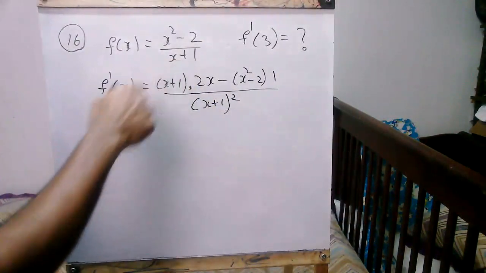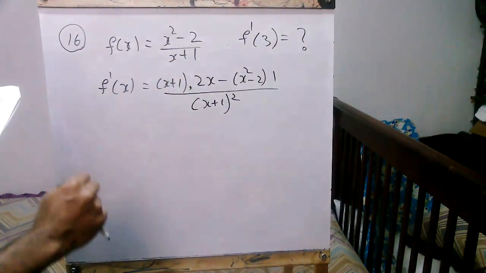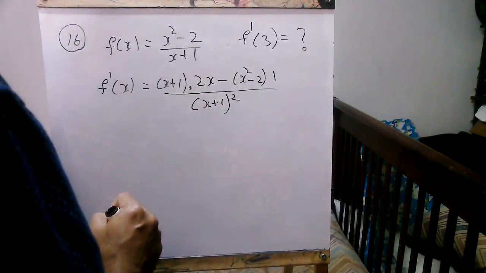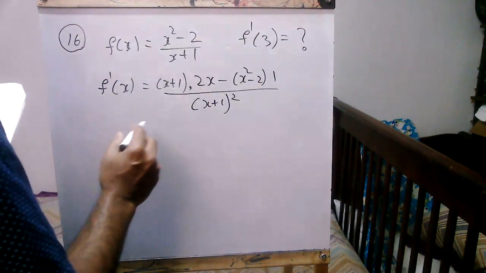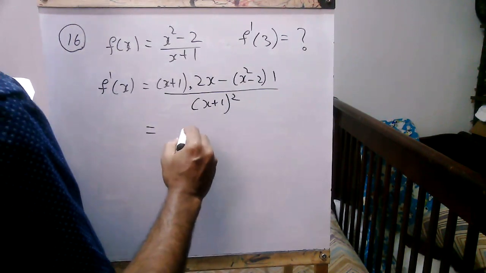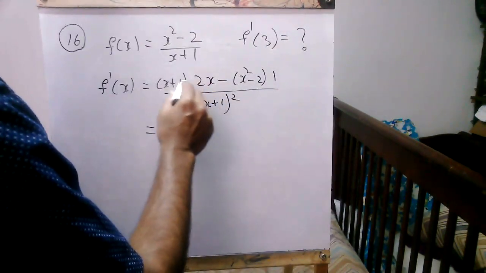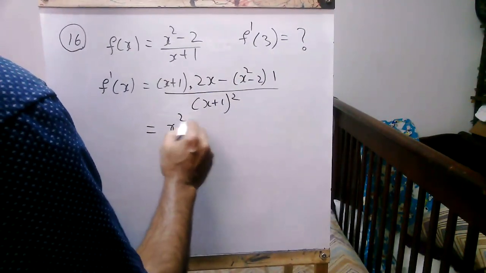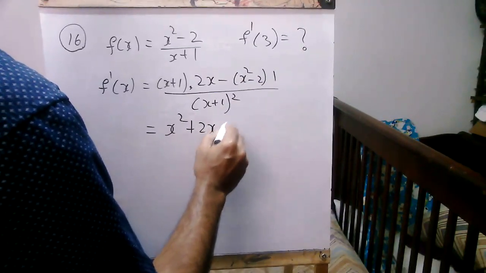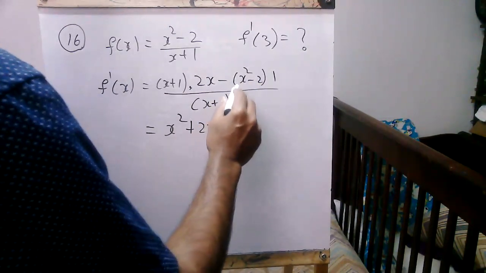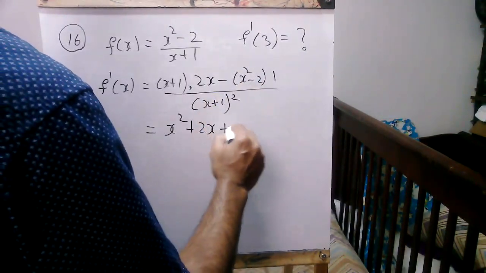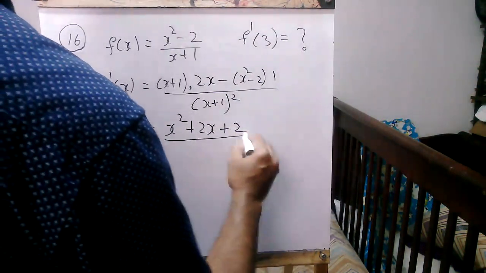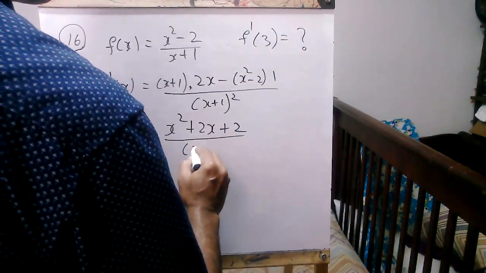V is the denominator squared. 2x squared minus x squared is x squared plus 2x plus 2 divided by x plus 1